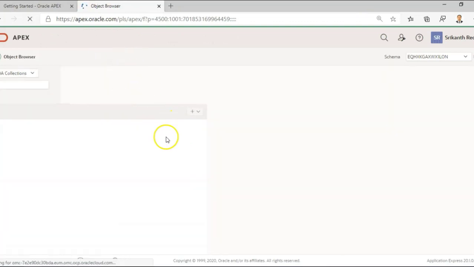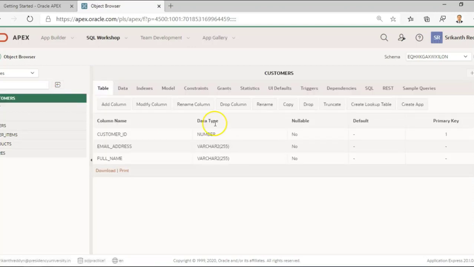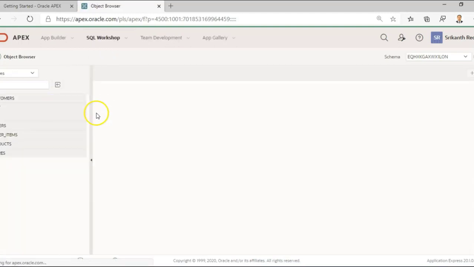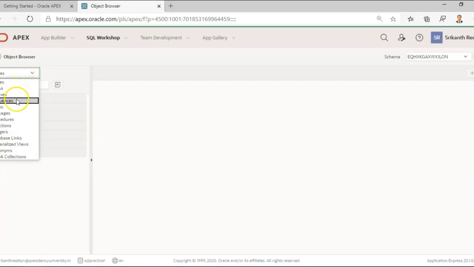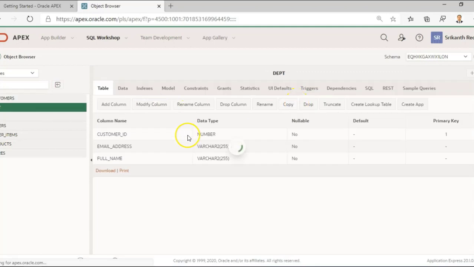These are extras that you can browse across. If you click on Object Browser, you see the various objects that are there. Customers is there, department is there.